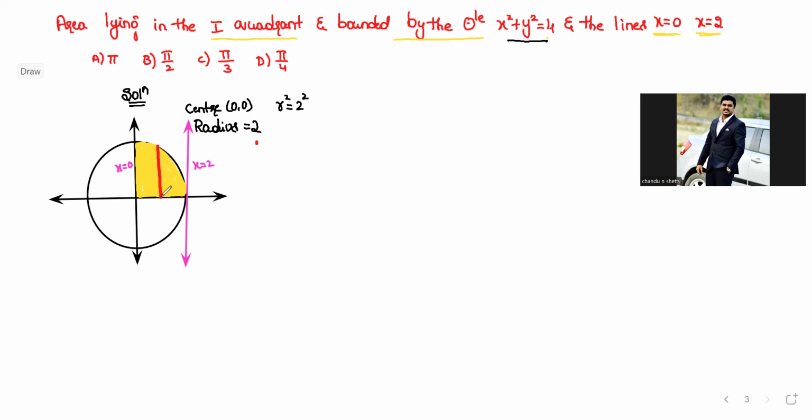Okay, with respect to dx, and again this is what AOB we are taking here. Now, area enclosed by the circle, area enclosed by the